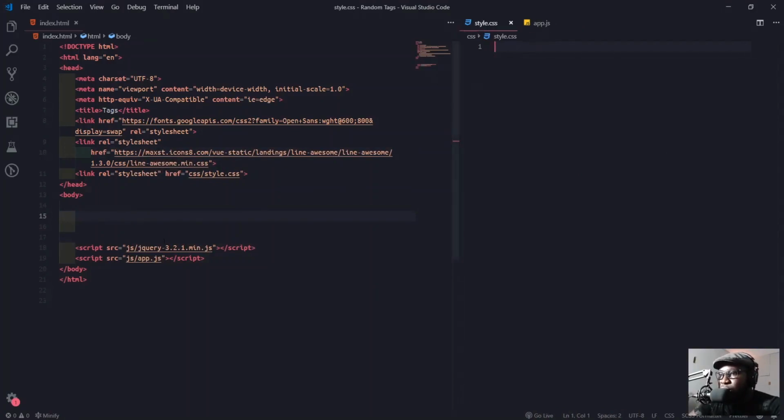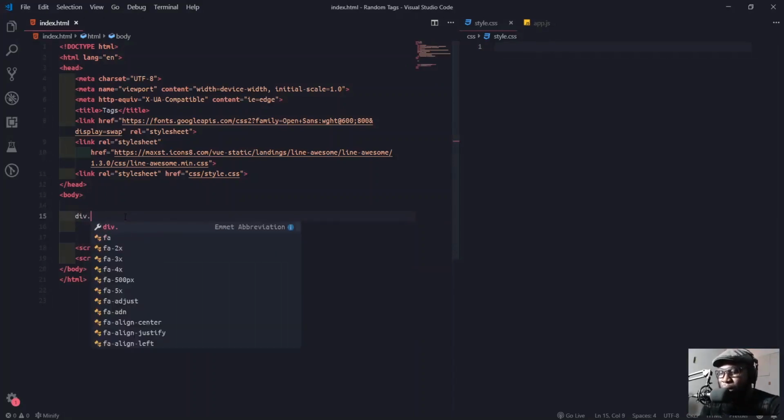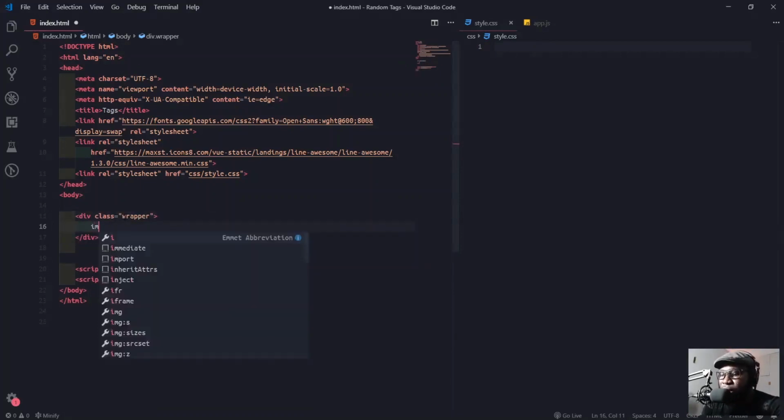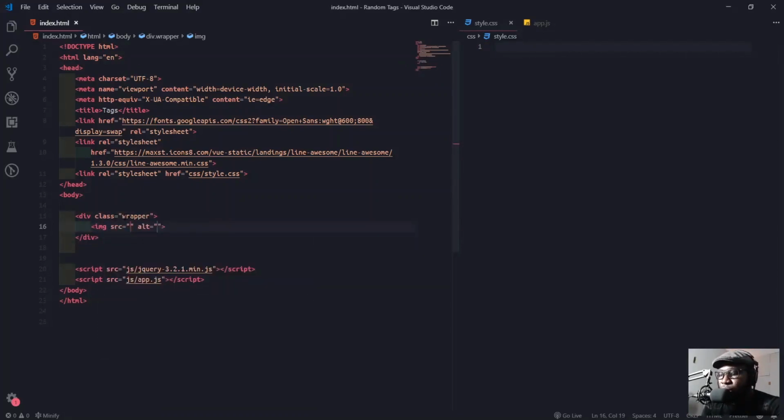So what we'll do here, first I'll create a div wrapper. In this wrapper we'll have an image where we display our virus graphic, so I'll just say assets/virus.svg.